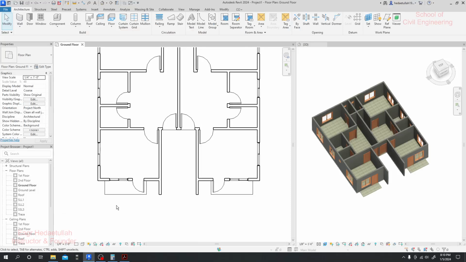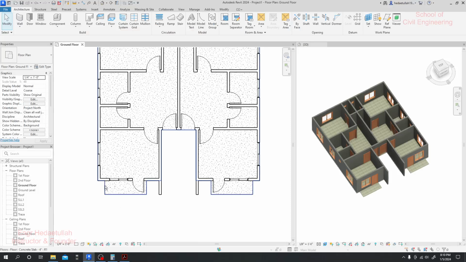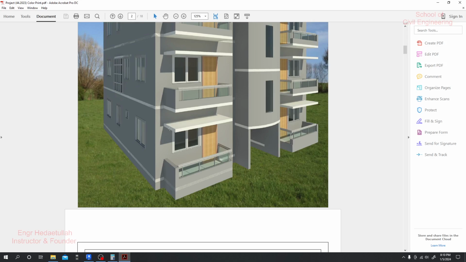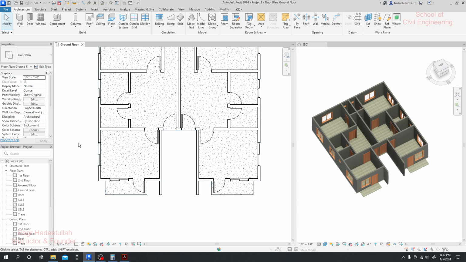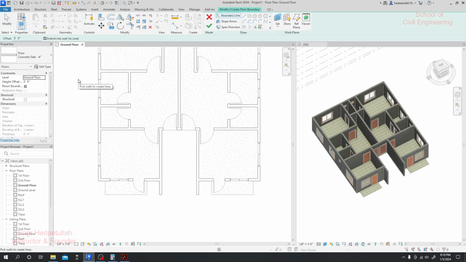Now from that position, above 7 feet height, we'll create our false slab. Okay? We'll create our false slab. So how will we do it? To create the false slab, I'll just go to Floor, then Architectural Floor, okay, and everything will be okay. I'll give it an offset height of 7 feet, okay, and